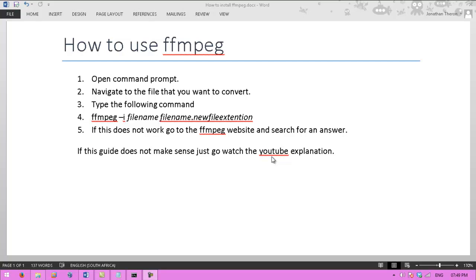Hello. In this guide, I'm going to show you how to convert video files from one file type to another file type using ffmpeg. ffmpeg is free software, open source if I'm not mistaken. Okay, so